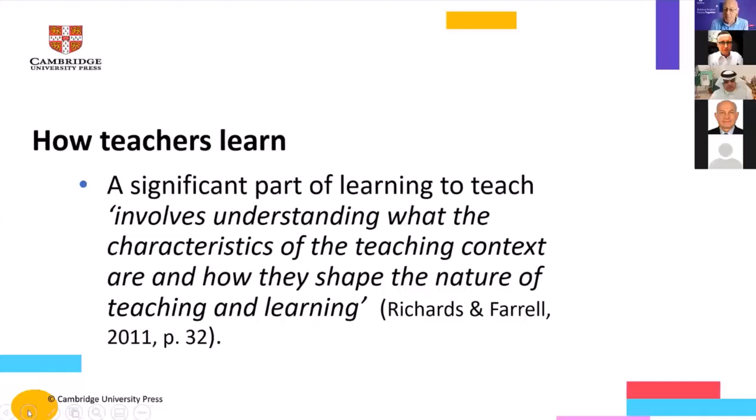And also not forget the physical side, the shape of the classroom, the number of tables and chairs. Are the tables and chairs fixed to the floor, or can you move them? Does the overhead projector work? Are there any board pens? You know, all of this is what is involved in the characteristics of the teaching context. And of course, most of this is not in a teacher's control. Teachers cannot control the teaching context. You cannot control where you teach, and you cannot control who you teach.